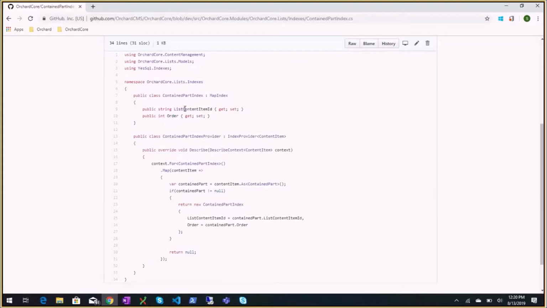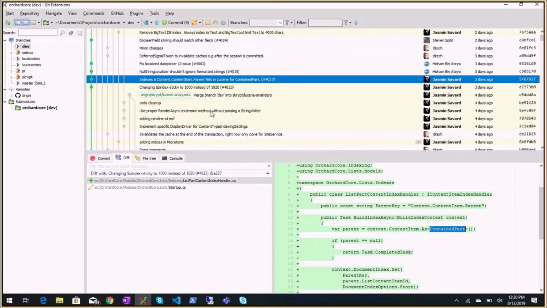You see, we use list actually. We don't use container. I think we talked about it. We should rename it to container, but it's called list. So list part, list content type, and yeah. So we can do that already in SQL. We can list all the content items which are contained in a specific list. Now it's also in the Lucene index. Good.